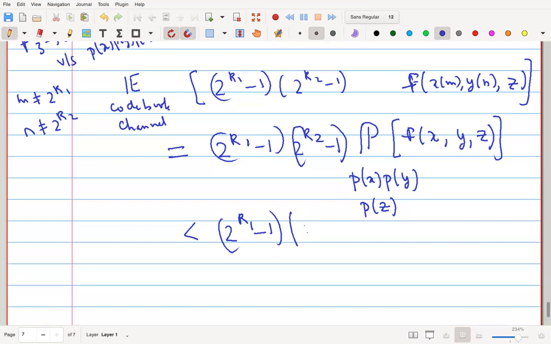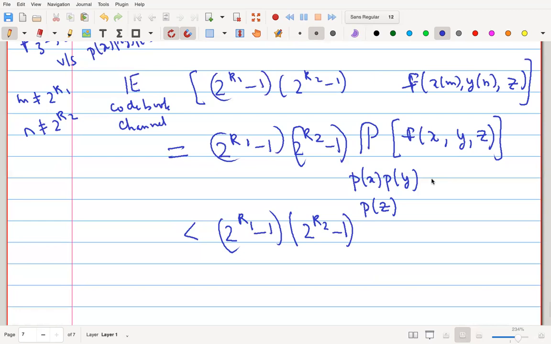Exactly. You are in the conditional space where you're analyzing it for the last one, but in this expression the distribution is completely product. So actually it is PX, PY, PZ given 2 to the R1, 2 to the R2. Yeah, but PZ when you take the average over all. No, it is PZ given 2 to the R1, 2 to the R2, but the X here is Xn, this Y is Yn, and this Z is Z for 2 to the R1, comma 2 to the R2. So that's why they are independent of each other.